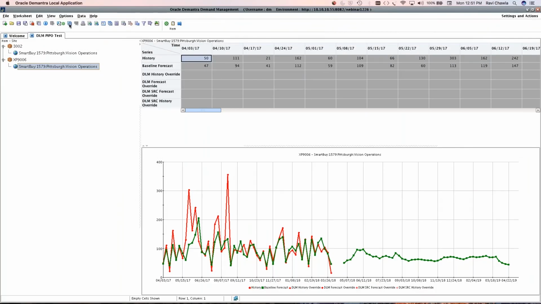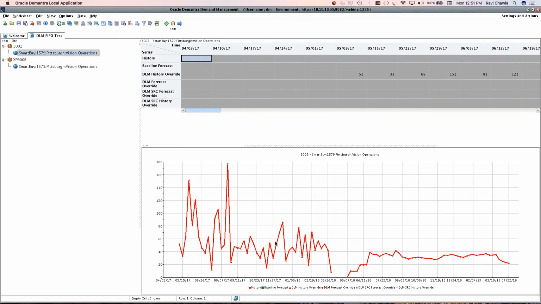And check this. As you can see now, there's an override forecast which is ramping the source down. And in the destination, the target now has the history already coming in, and we have the ramp up showing from the launch start date. Although we are still in April, according to the system, it starts to generate the forecast and history for the target combinations from the launch dates which are specified.